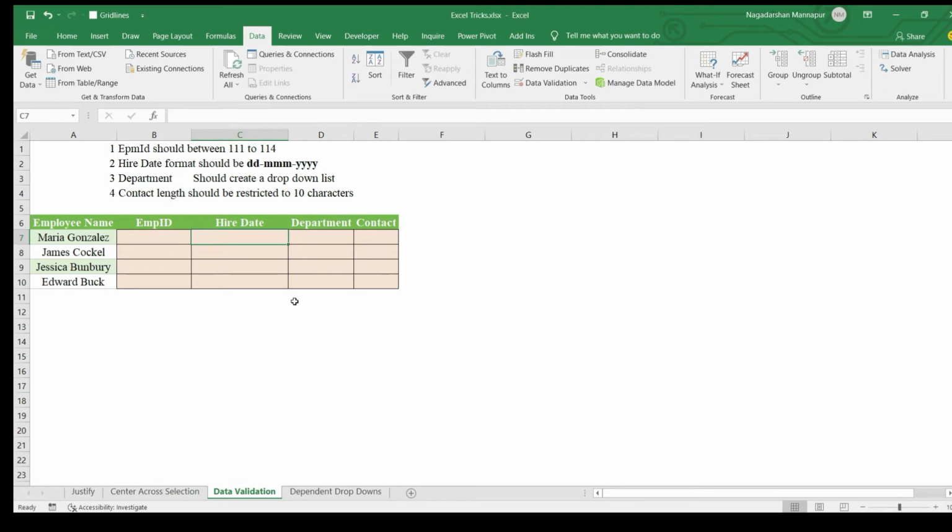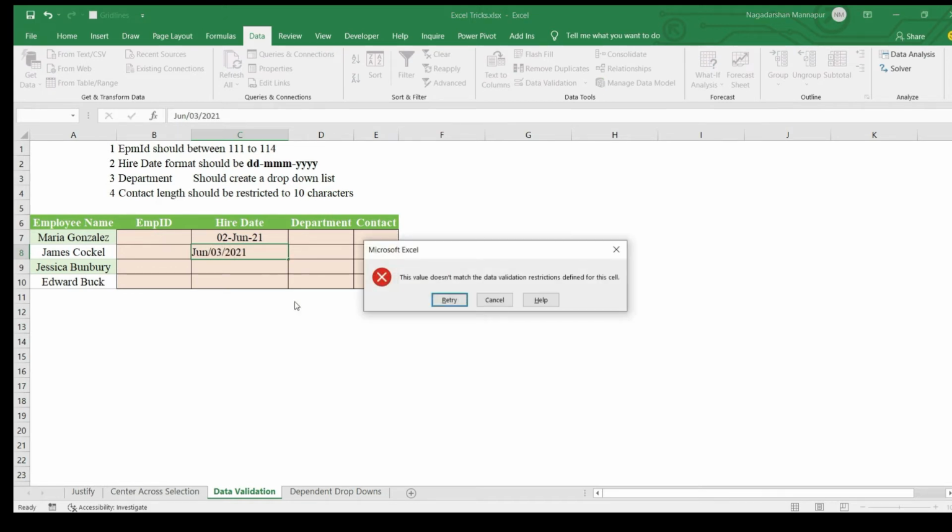If I enter 2nd June 2021, it will accept. If I enter June 3rd 2021, it won't accept. I should enter only the same format, like DMY.